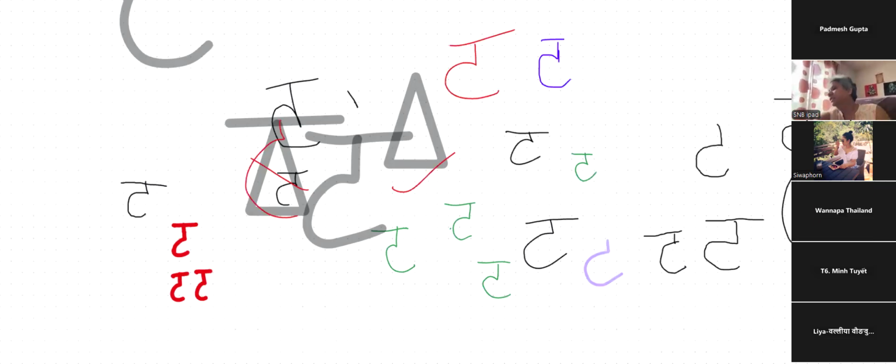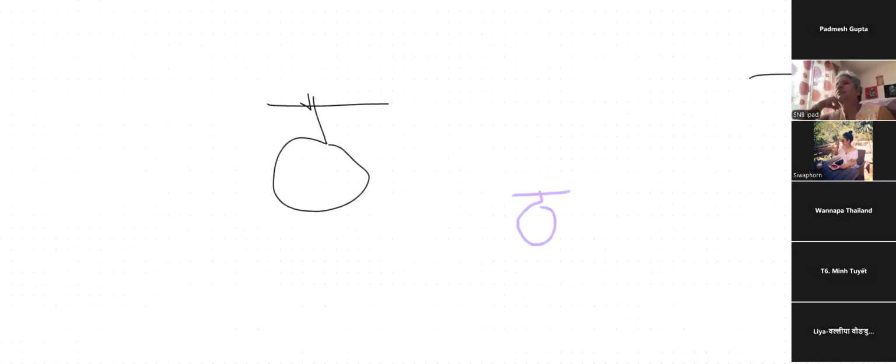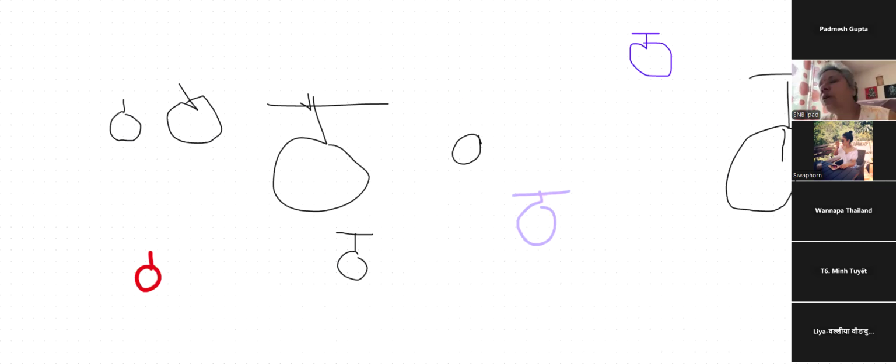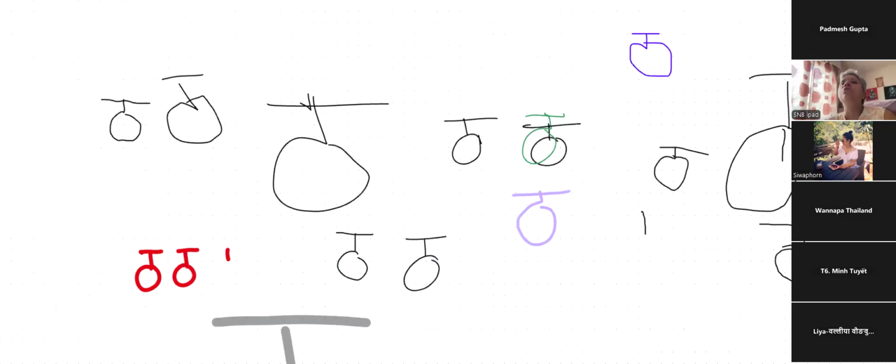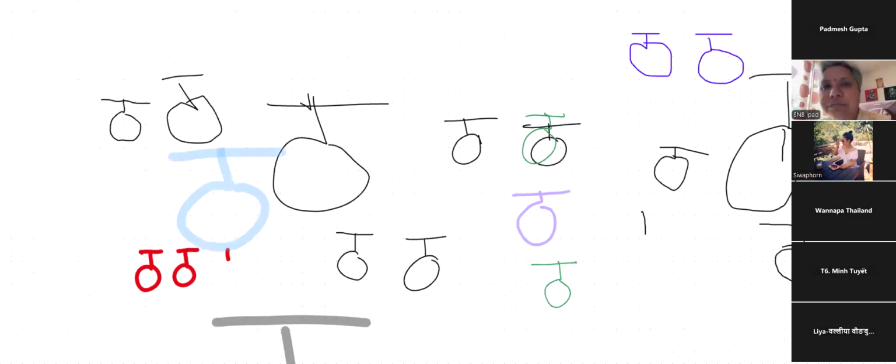ठ. ठ से ठेला. ठ से ठग. You know, there is a word in Hindi, ठग. So this ठग word is basically a person who cheats someone. We also call Bhagwan Krishna ठग, Thagia, because he has so many stories, so many versions, good with good people, bad with bad people. So we call them Thagia.